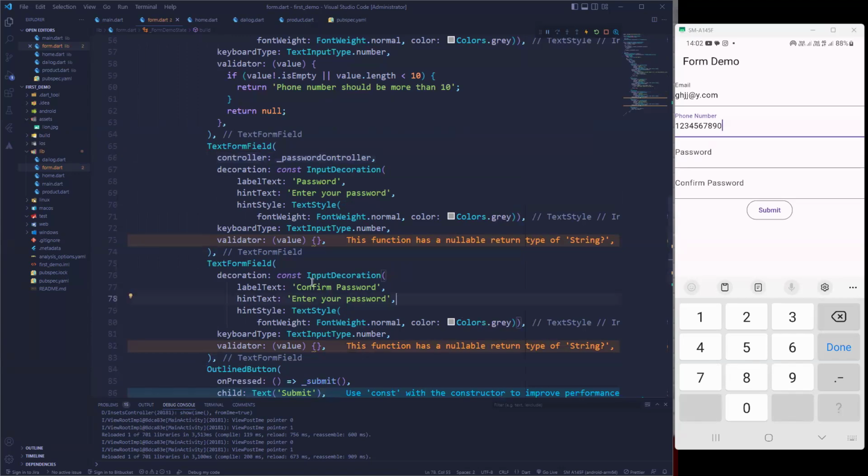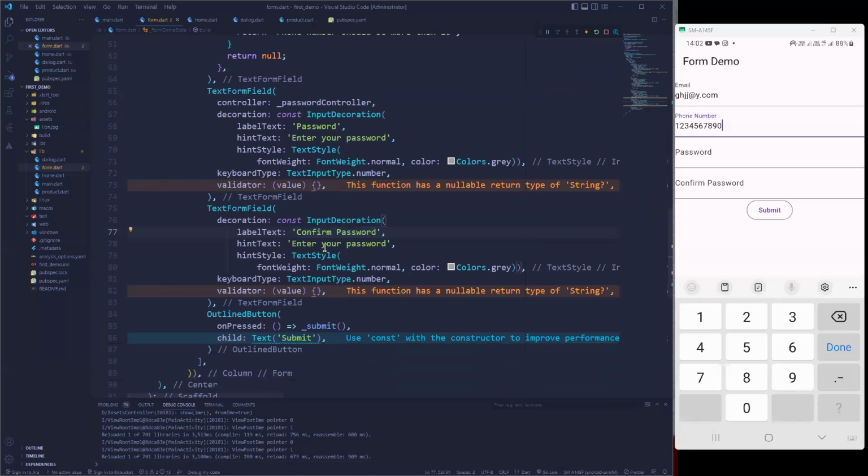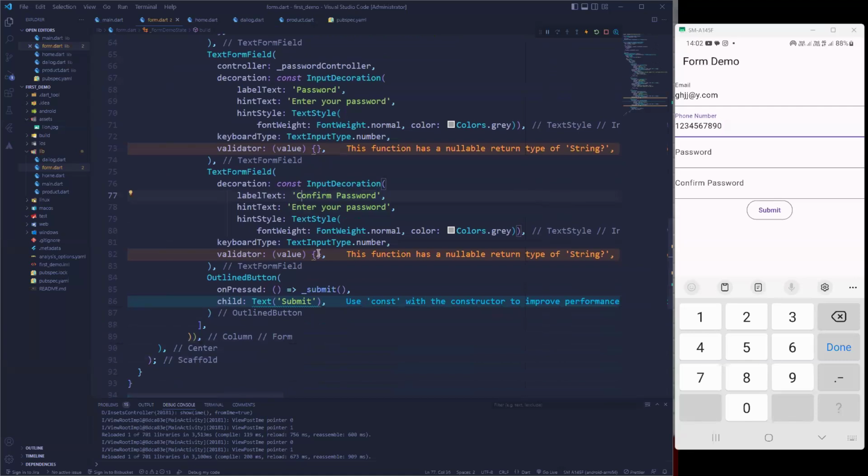So if we pass it here, it means we want two form fields. You should not pass the same controller into two form fields. But this is what I'm now going to do. I'm going to use this password controller in this password text form field to get the input of the word user, right? And then in the confirm password, I'm now going to make a reference to that particular word input and run a check. Okay,